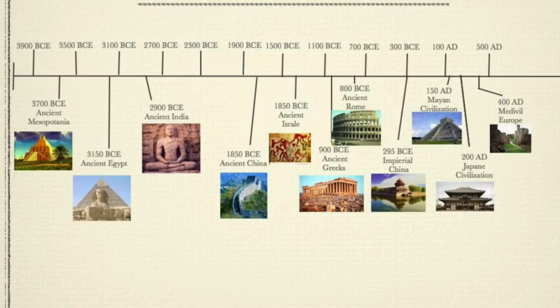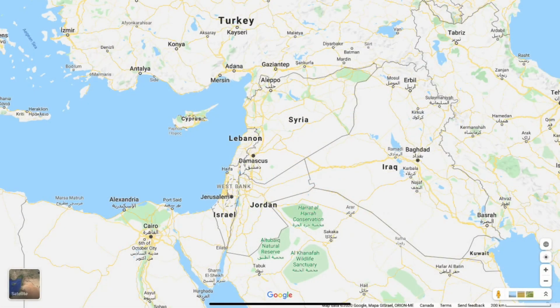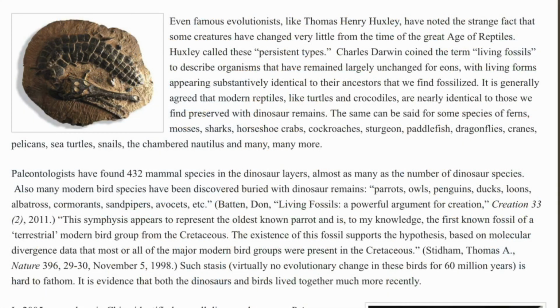Now you can kind of see why this is the most likely order the civilizations came in, and how they spread out. Now, I just want to show you here, this is where Israel is, where I was showing you on the globe. Now, if you still think the dinosaurs are very old, the Earth is very old, here are some pictures and websites about dinosaurs being around not so long ago.